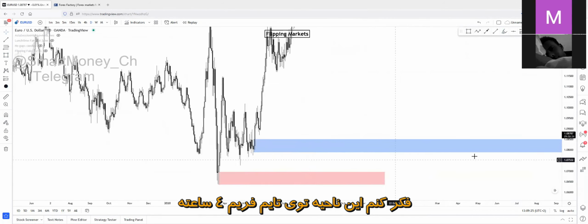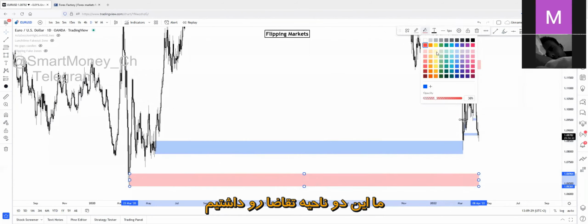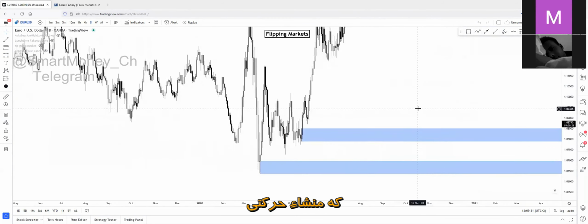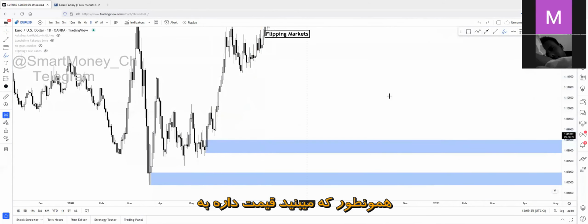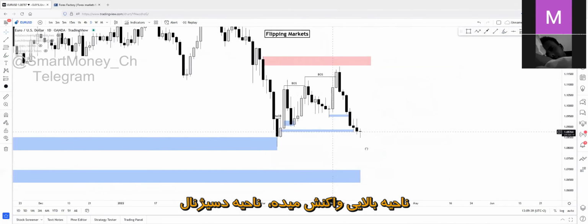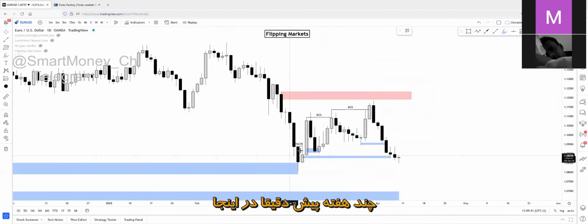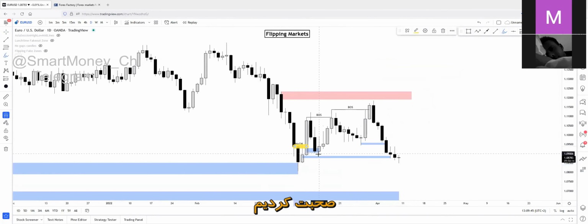I believe this will be a clear 4-hour zone too. So we had these two demand zones that were the lead, the origin of the bullish order flow to the upside. As you can see, price is reacting on the upper area, the decisional one, a few weeks ago, right here at this step, and changed character on the 4-hour chart, as we talked about several times.